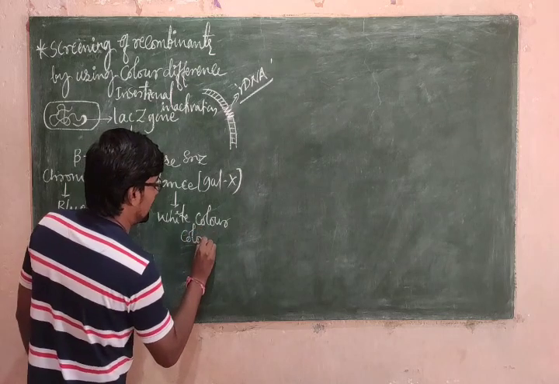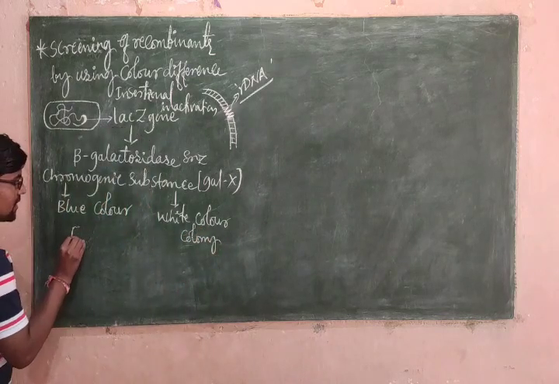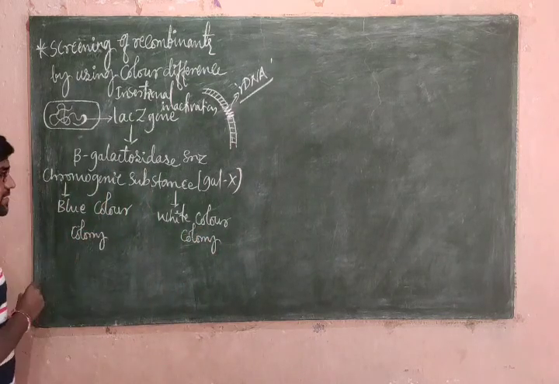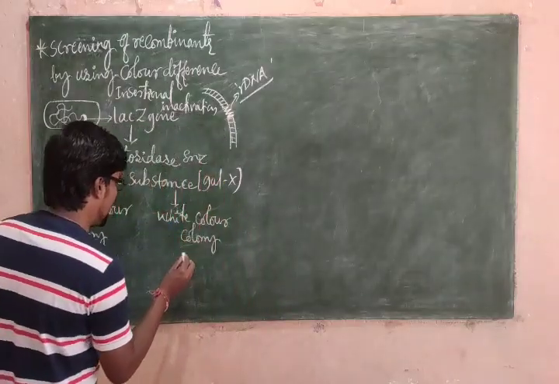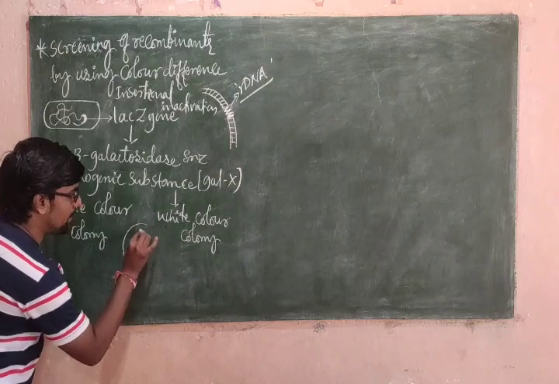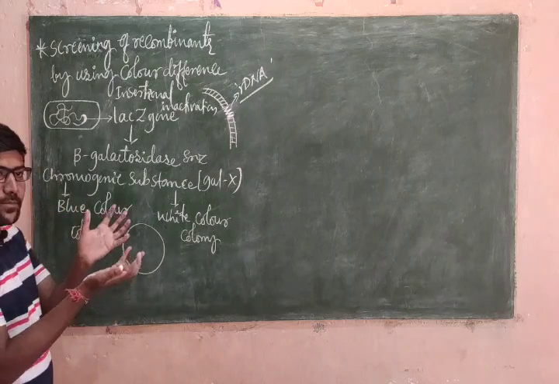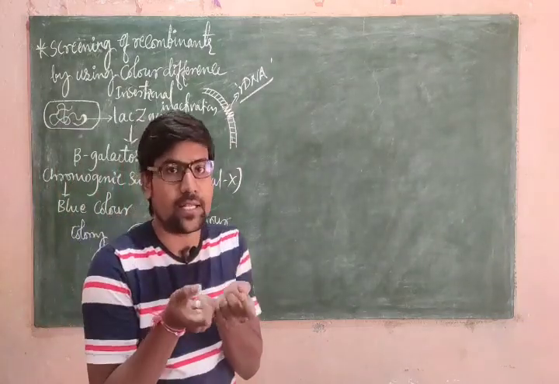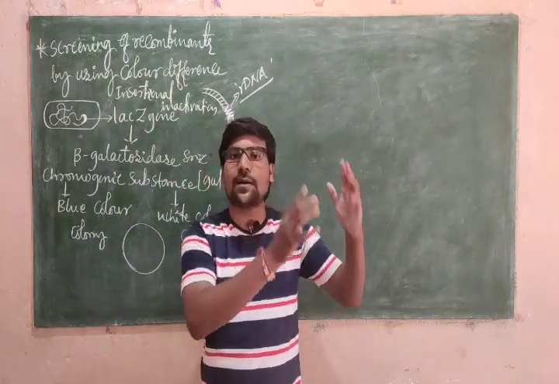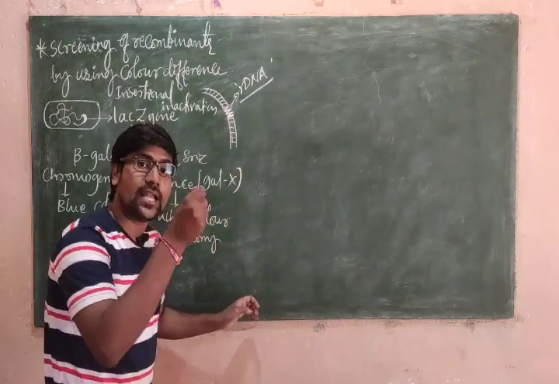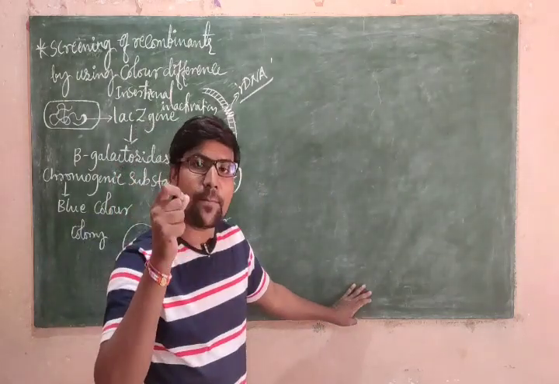So white color colony and these are blue color colonies. Are you getting? Say for example, if this is the Petri plate, that means we will grow the bacteria on a plate. We will call that a plate as Petri plate. That is a special plate used in the laboratory. When the bacteria grow, we will see the bacterial...